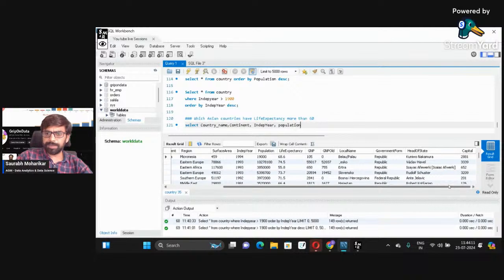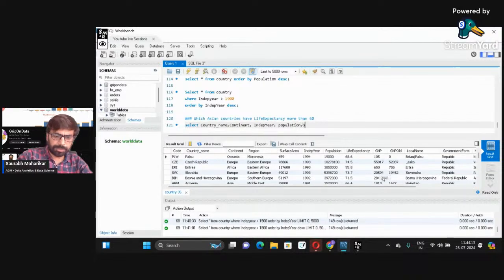Right, GNP and so on like this. I think we can put in GNP over here as well. I'll go for population with P capital over here. That way I think it's slightly better. Right, country name, continent, independence year, population, GNP from the table name country,